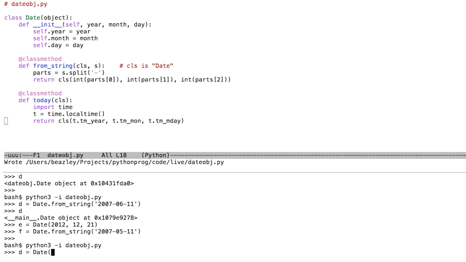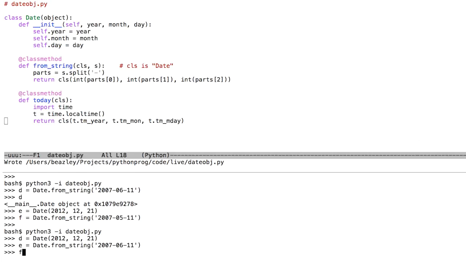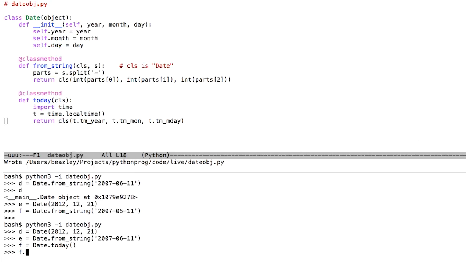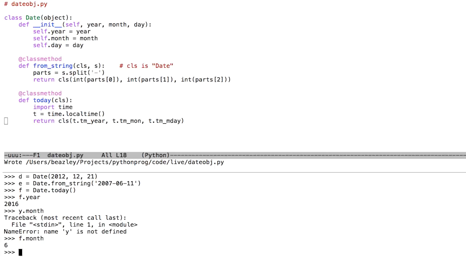So now you can make a date from specific days. You could make a date from a string like that, or you could make a date from today's date. Let's make sure that actually works correctly. It's a little bit of an esoteric topic, but it is something that sometimes comes up. People ask, how do I make an object that has more than one construction method? This is probably the more common way of doing it, is you would define a class with class